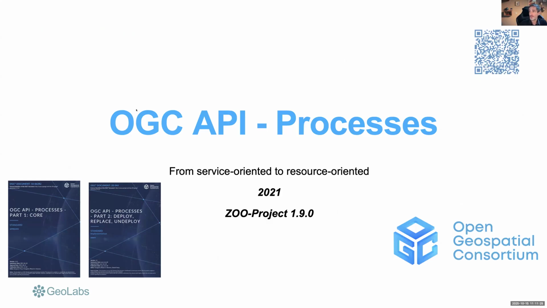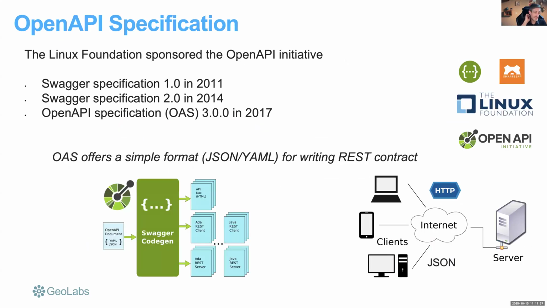So I will briefly introduce what OGC API Processes is and how OGC has moved from service-oriented to resource-oriented. The OpenAPI specification is now one conformance class, as we will see later on. One requirement for OGC API is that we at least need to provide an API definition, and we can support the OpenAPI conformance class, which specifies that you can plug in multiple compatible tools that use the OpenAPI standard. Swagger was born in 2011, then specification version 2 in 2014, while the OpenAPI specification, which is the one we are using,